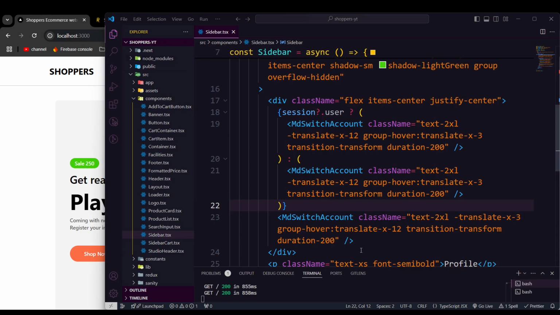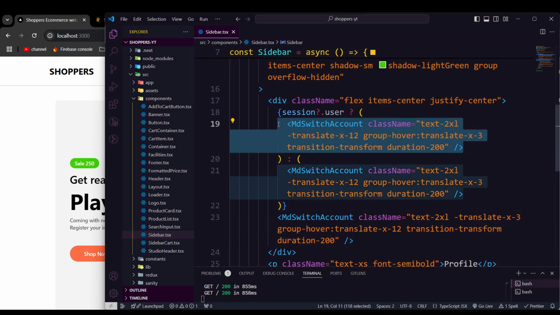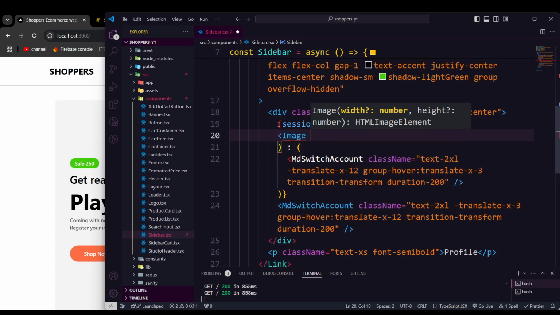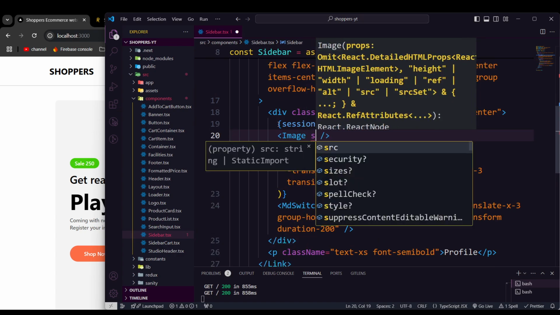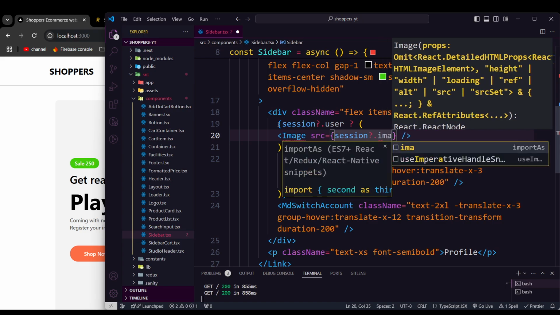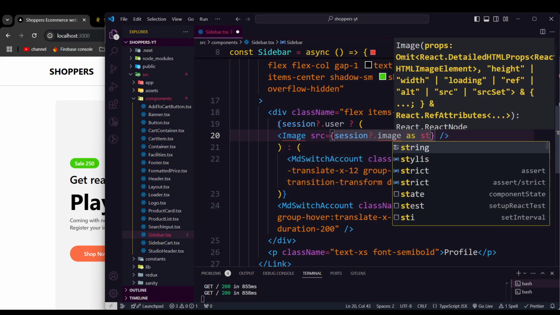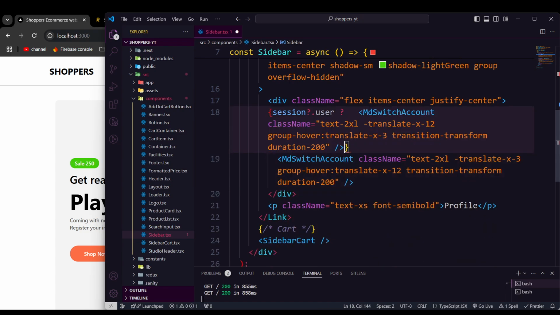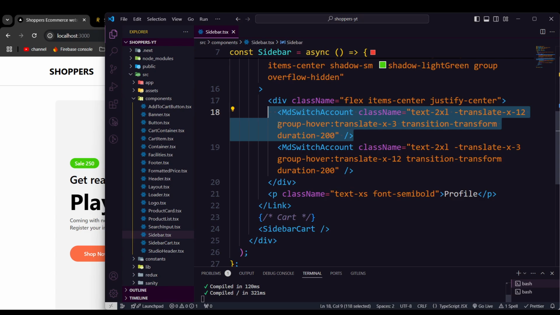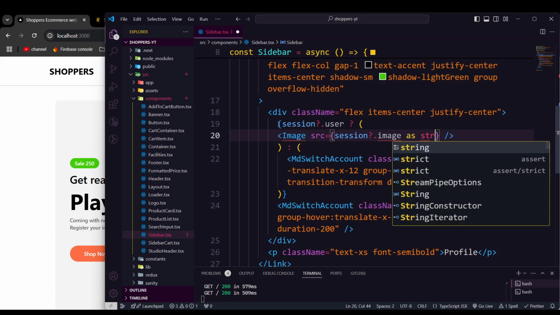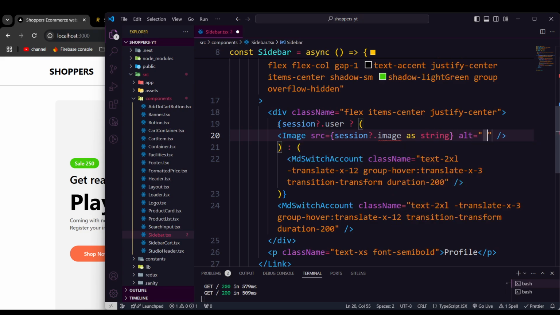Whenever I have one user, I'm going to render one particular image here, and on that image we're going to define that parameter because we want to showcase our user image. So the source should be session.image, which should be a string. Or without getting it over here, can we find a simple solution? No, I think that's the one we have. Okay, so image as a string, and the alt tag should be user